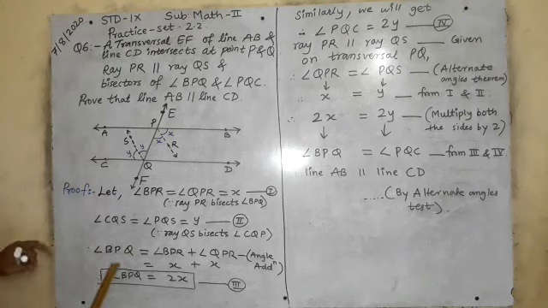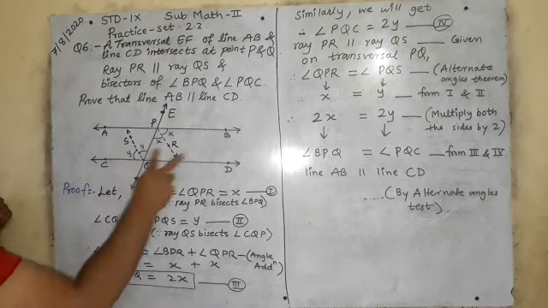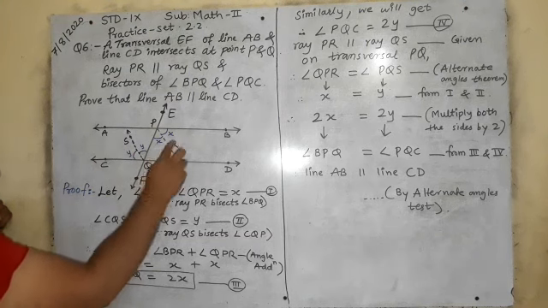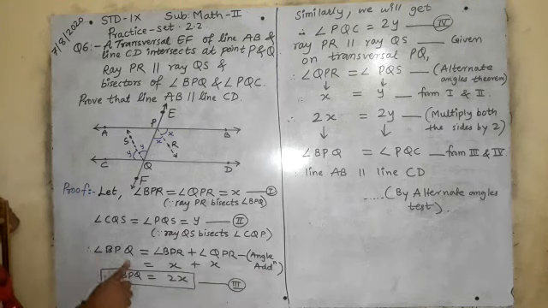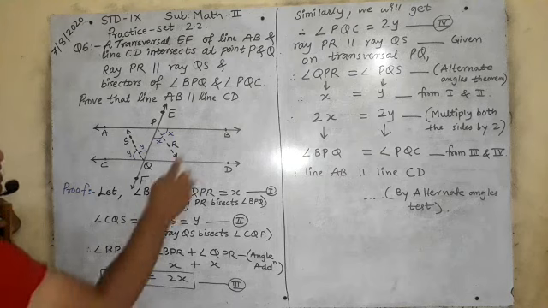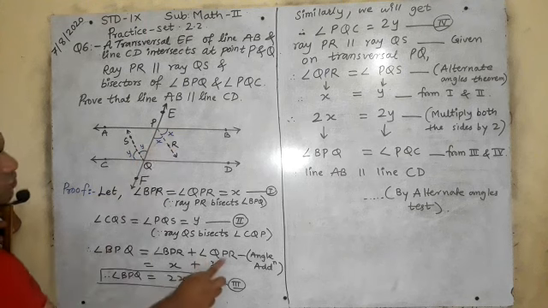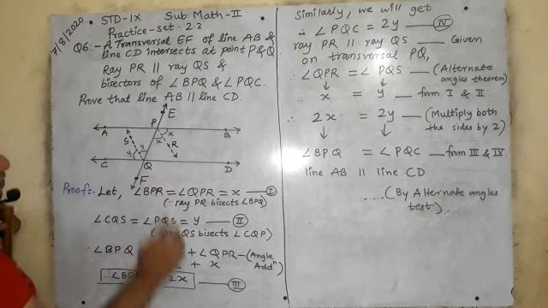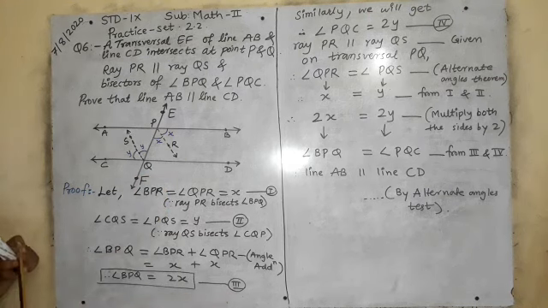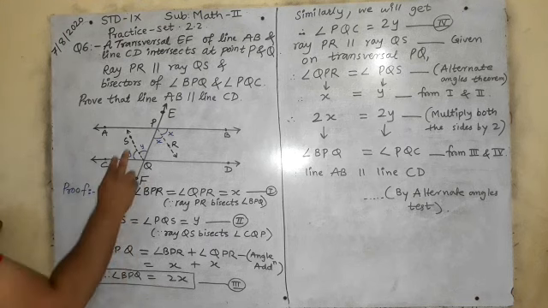So my dear friends, now I will see, I want angle BPQ. I want angle BPQ, combining both of these. How will BPQ be formed? Angle BPQ is possible by addition of these two angles. So I have written here angle addition property. So angle BPQ is equal to angle BPR, this one, plus angle QPR, this one. So X plus X, 2X. Angle BPQ will be 2X. That is our third answer. Okay, now similarly for this angle PQC or angle CQP, you can say it is 2Y.